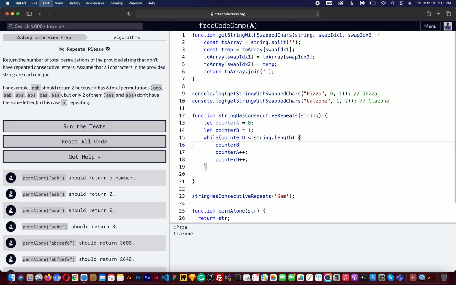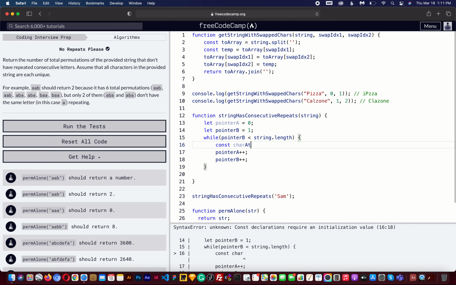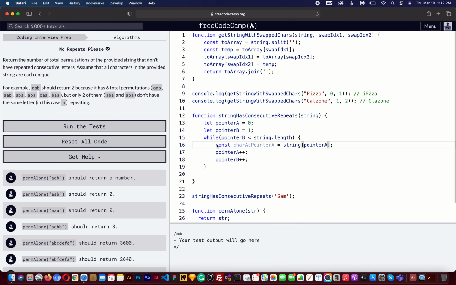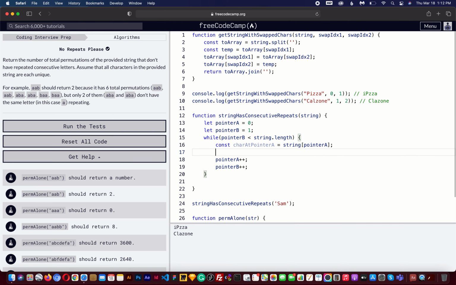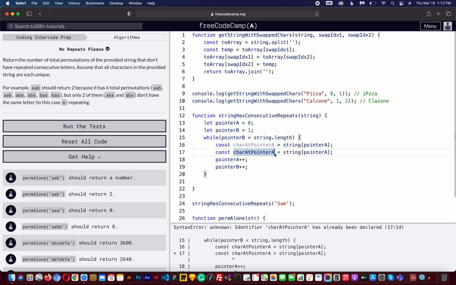And I actually got rid of the variables, so we have to redefine them now: const charAtPointerA, setting equal to string pointerA. Copy that, and once again below, Command V, charAtPointerB,